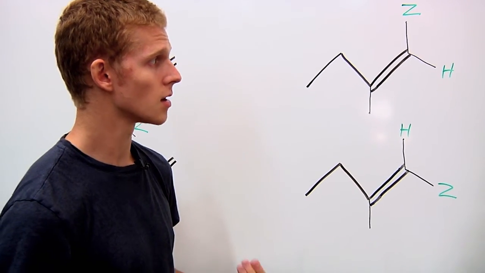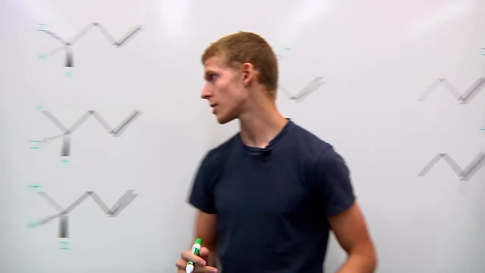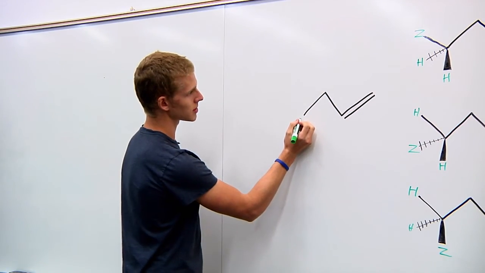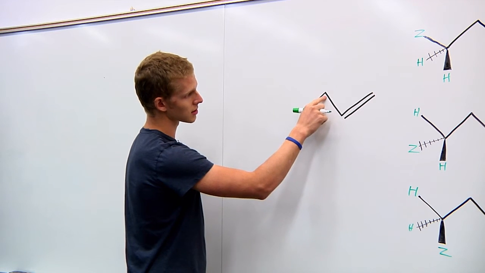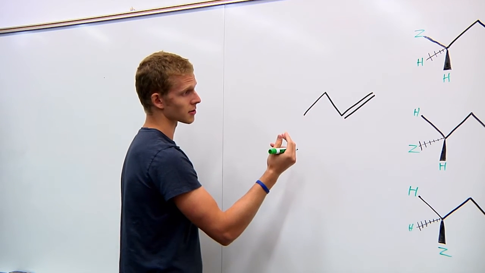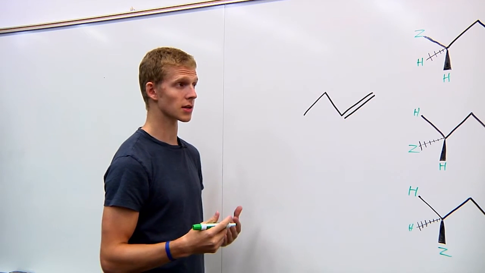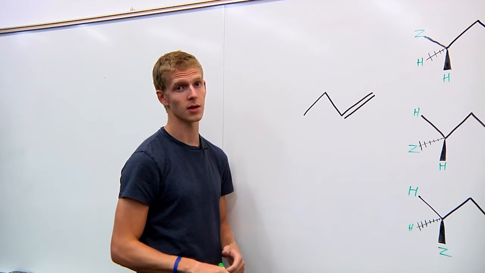So let's recap. Coming back over here to our original structure, we're going to give one signal here from these 3 hydrogens, one signal here if we use an achiral solvent, one signal from here, and 2 signals from here. So we're actually going to get 5 signals, not 4, in our proton NMR.